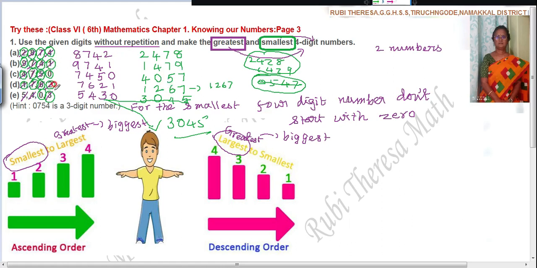Like this, you try to create 5 more problems and do them, and please write the answers in your comment box. Creative problem, you do it. Every student, you have to learn to do the problem on your own. You have to learn to create the problem. Writing the answer alone won't be sufficient. You should be able to create a problem on your own from the smaller classes. You try to do it, and parents and teachers, please help them to create a problem.